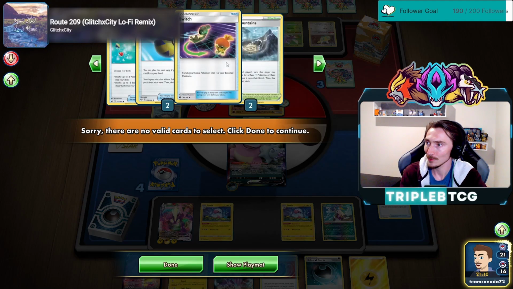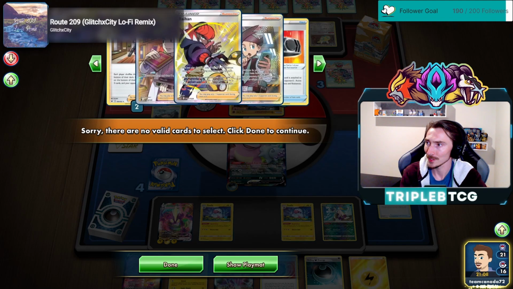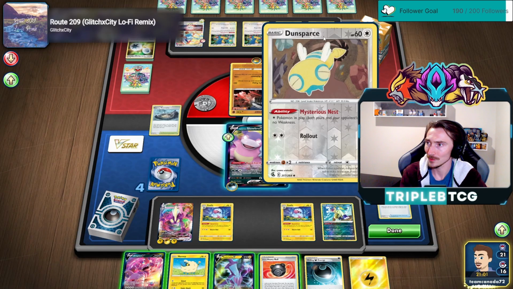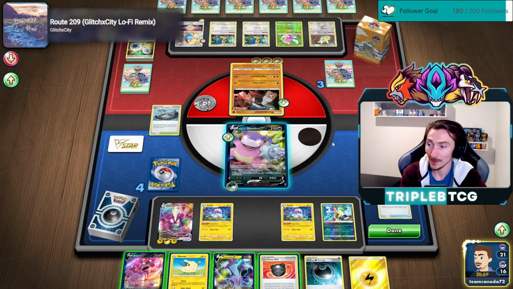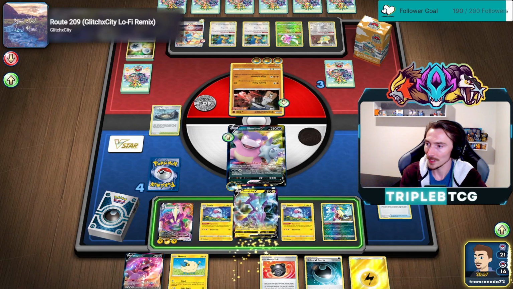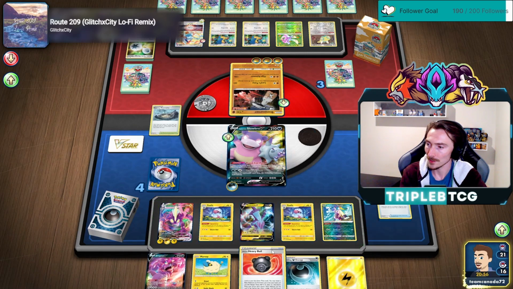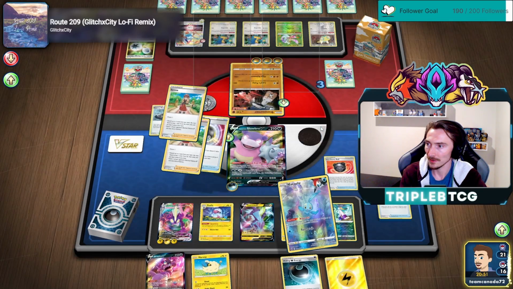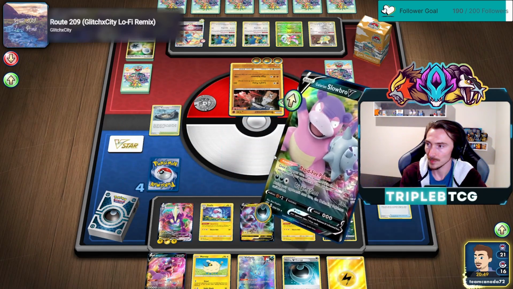Let's take a look through the deck. What do we got left? So we've got Boss, Marnie, Raihan. 4 more energies in there, and the Choice Belt. Because that is something we have to watch out for with the Dunsparce as well. So if we can get a Boss and take that out, it would be helpful. I think we will go for the Toxtricity, actually. We'll do it. Get the Manaphy. I don't think they have anything that hits bench, but...